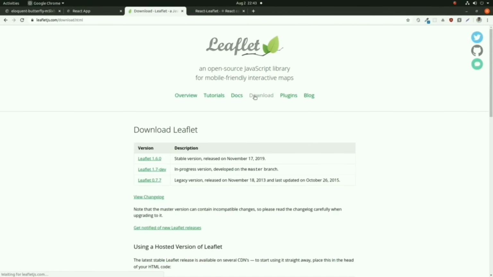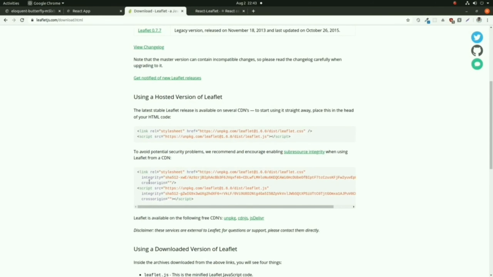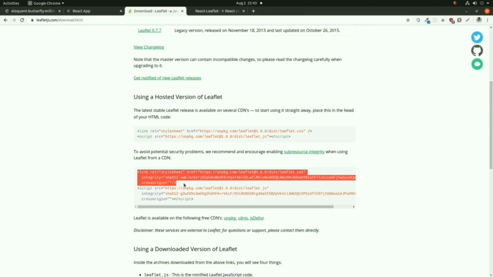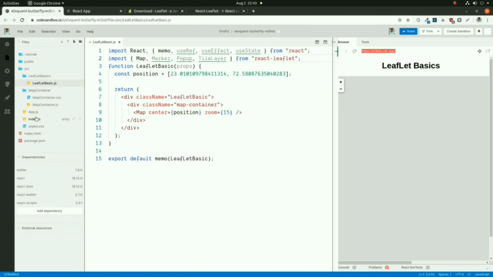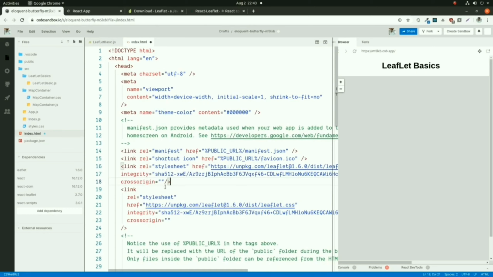So go to the download tab on the leaflet website. There is one link for the CSS available. Copy that CSS link, and in our project in index.html, in the header we need to put that leaflet.css.